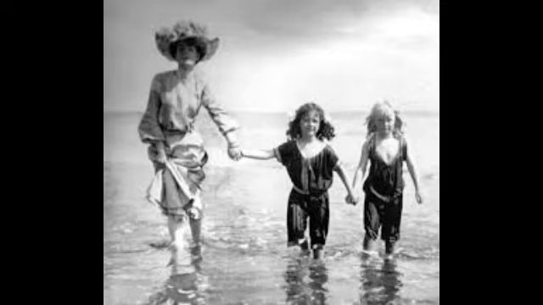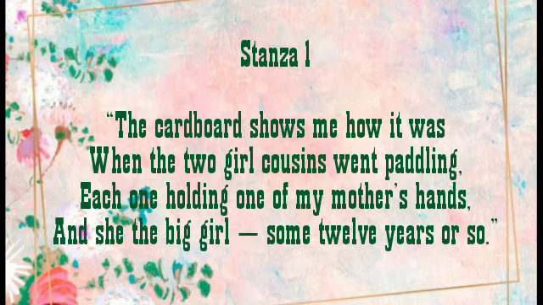The mother was standing in the middle and was holding hands of her 2 cousins, who were standing on each side. The poet's mother was 12 years old then. It shows that the photograph was very old, but the poet has kept it very carefully as it reminded her of sweet memories of her mother's childhood. The photograph also indicates how enjoyable her mother's childhood was.